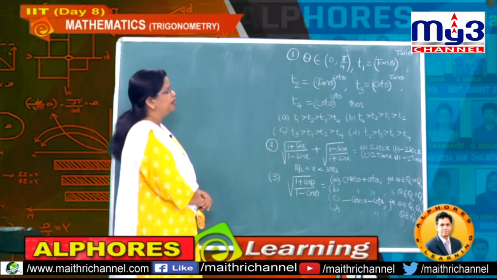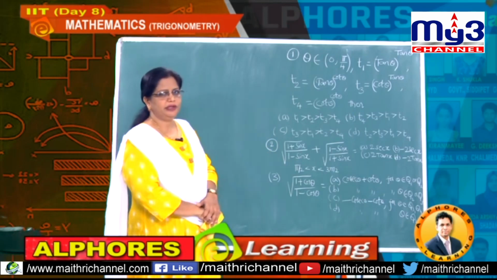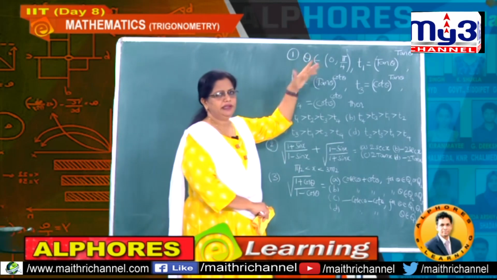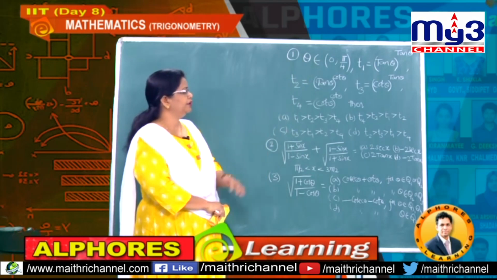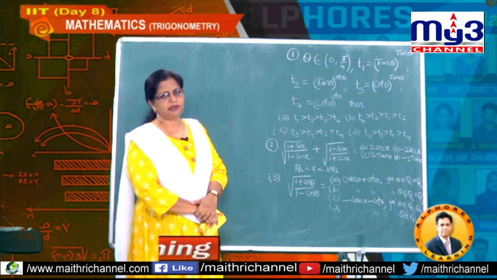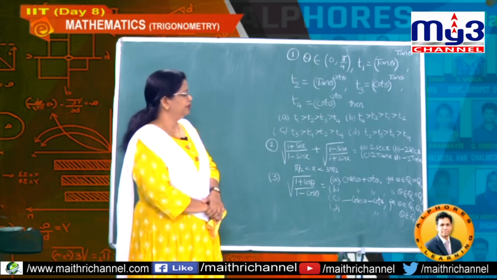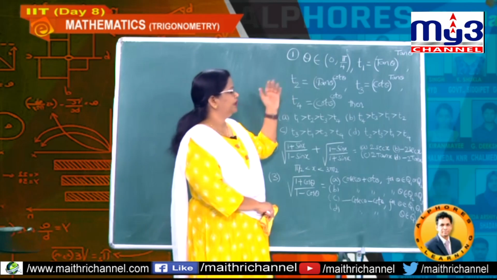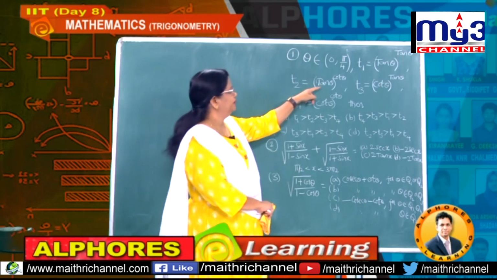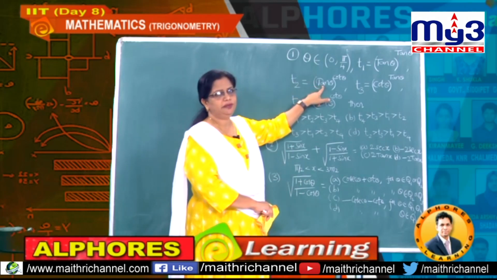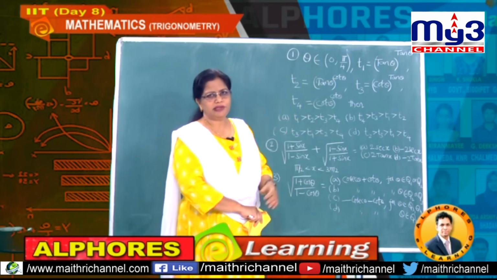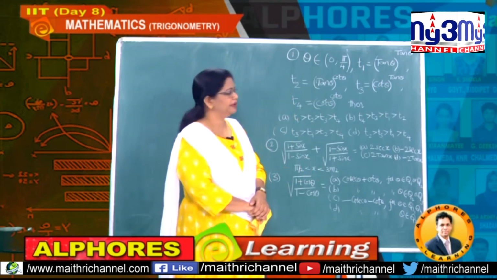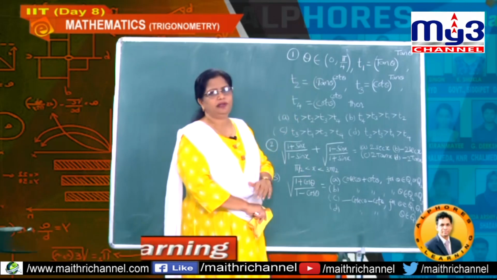Now let us see how to solve this problem. The only condition given is that theta is in between 0 and pi by 4. So students, here you can't use the concept of substitution. Suppose I take 30 degrees, then you will get tan 30 equal to 1 by root 3, to the power of root 3. We don't have computers or calculators in hand, so you can't directly write the value.